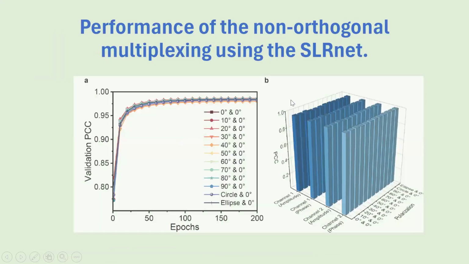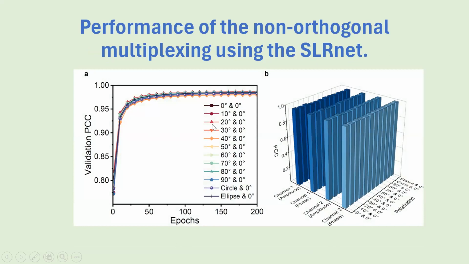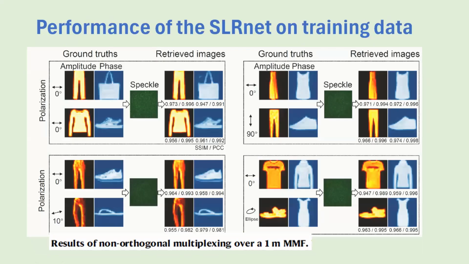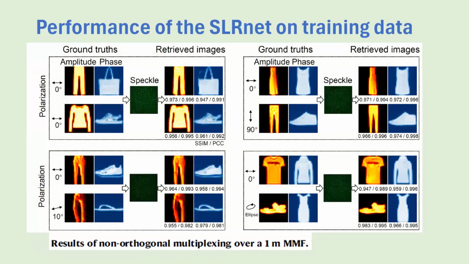Now, previously, we've not been feeding our neural network any kind of labeled data. We've been using just parameters of amplitude, phase, and polarization. But here we are now using real images, to see how our neural network performs when we are feeding it with images,